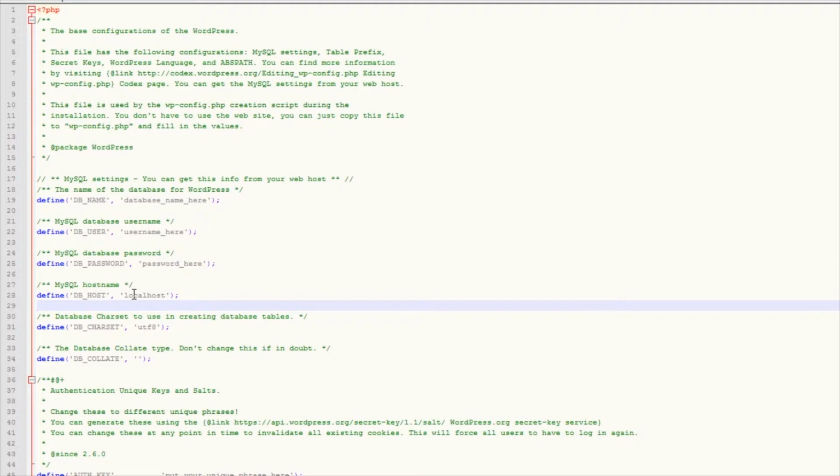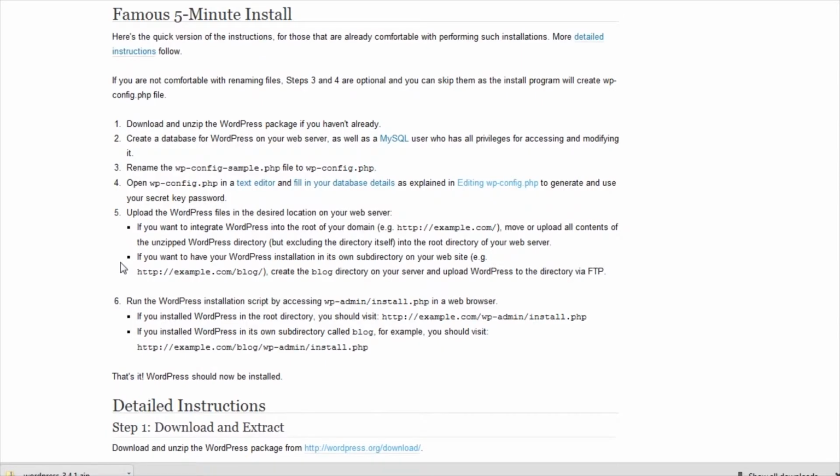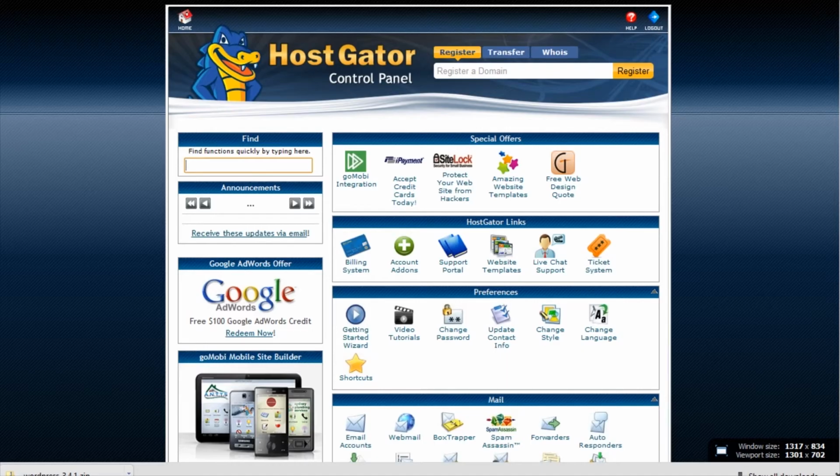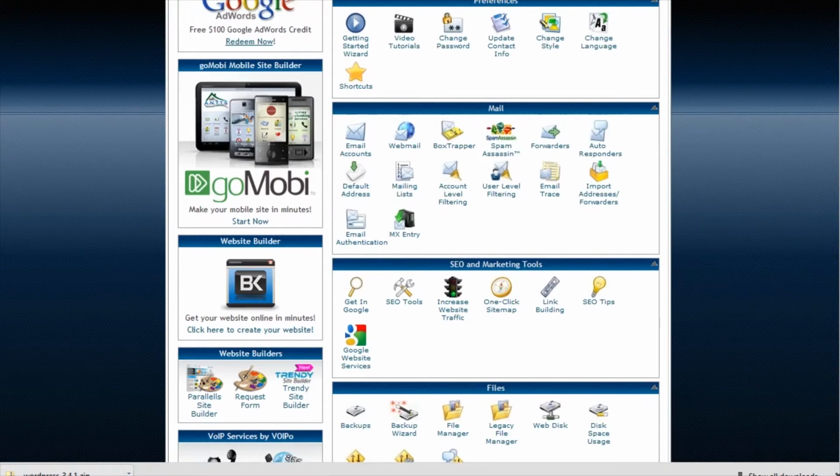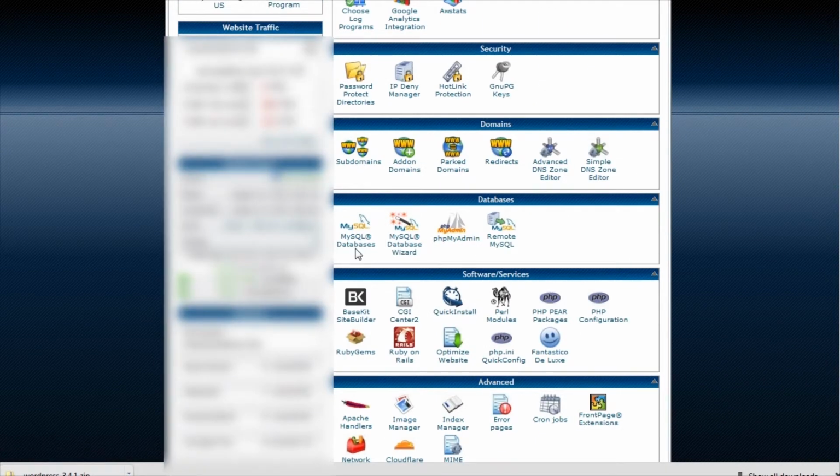But just first off, in our case, the host is going to be localhost because the database server is on the same host as the web server, just FYI. So really all we have to deal with are these three first values. So we're going to hop back over to our dashboard and scroll down to databases,